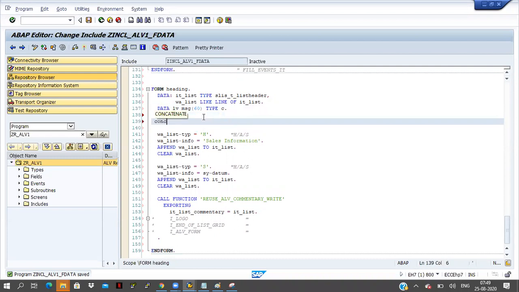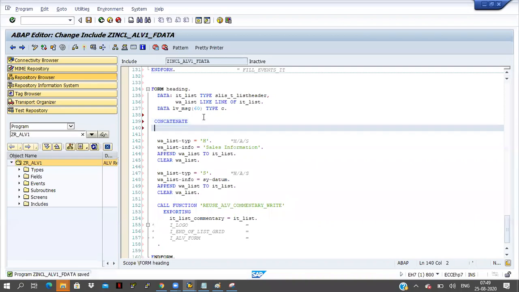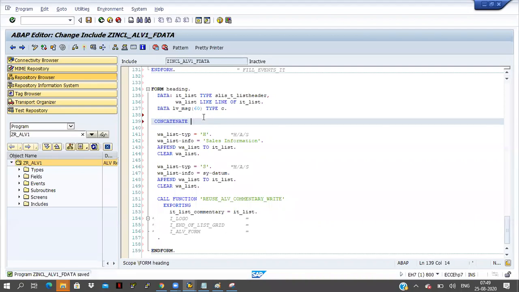Here I am using one concept, concatenate. What is the meaning of this? Concatenate means I want to add 2 or 3 fields into one single field. For example, I want to concatenate some text, generated on, and SY-DATUM into one variable, that is LV underscore MSG, separated by space.